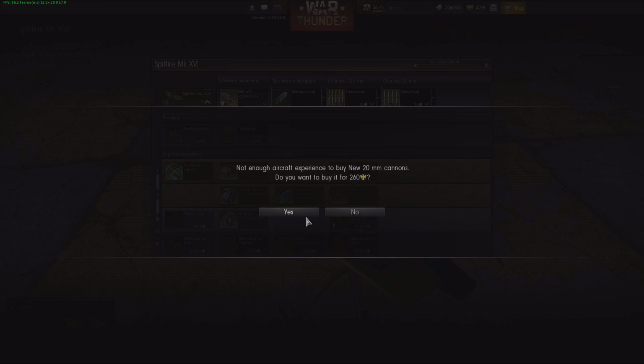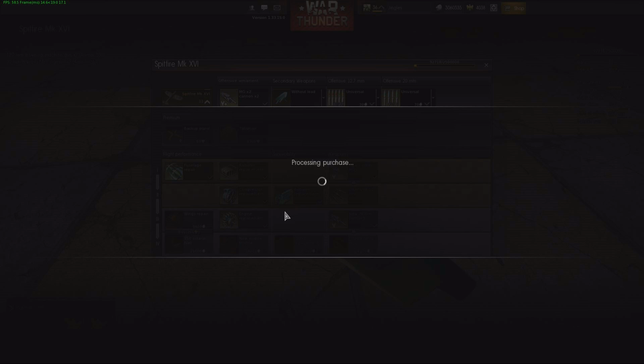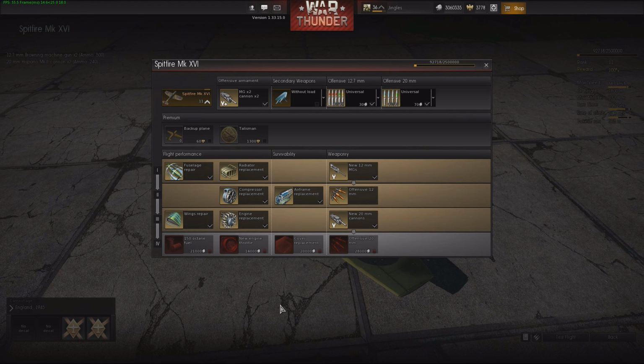Unless I'm prepared to spend some gold. 260 gold, unlock them straight away. 260 gold, unlock that straight away. That's now unlocked. Rank 4 upgrades. And again, you can just carry on playing the aircraft and accumulating XP on the aircraft and get this lot without spending a single piece of gold. But if you're impatient and rich,